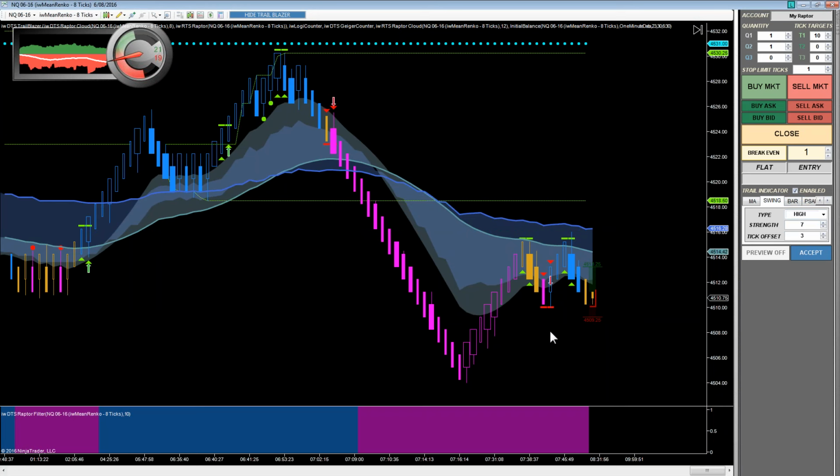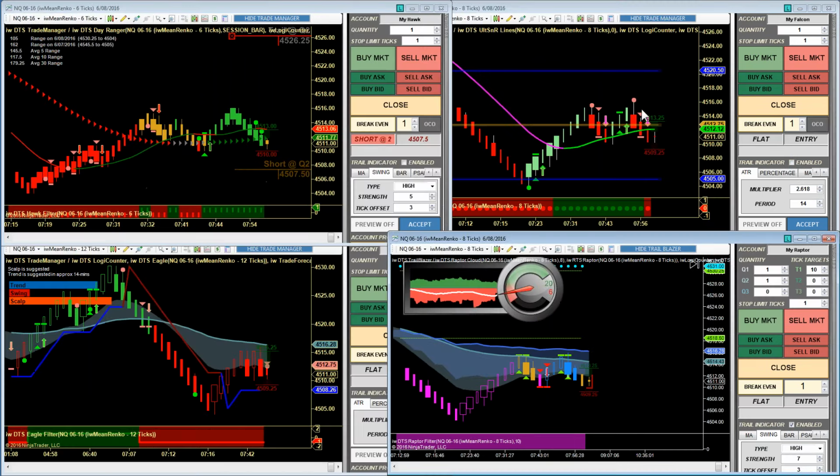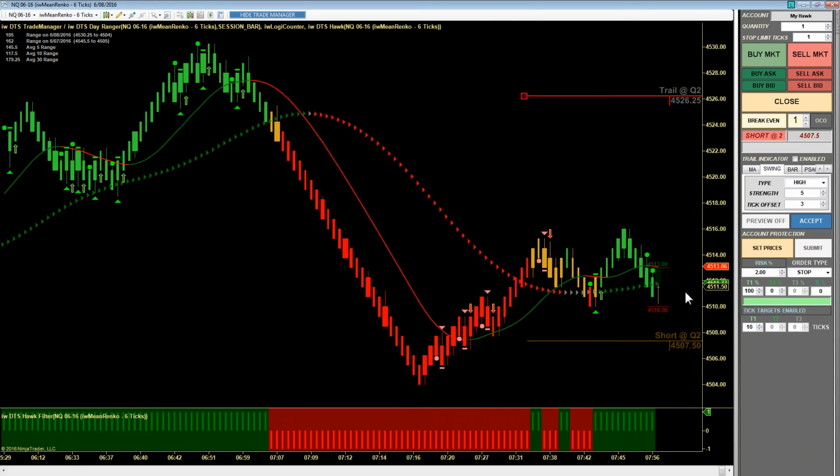Let's see if the Raptor doesn't give us that sell signal. You guys had better hurry up too, because if you did happen to buy in, oh, thank goodness we're into yellow bars now on the hawk. But if you did happen to buy in, say off of this red bar buy or something, this is why